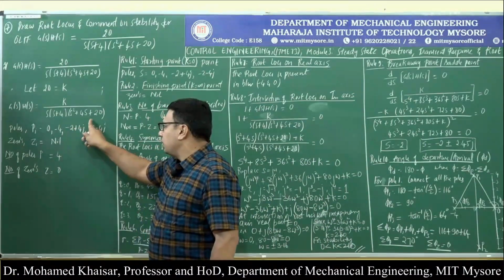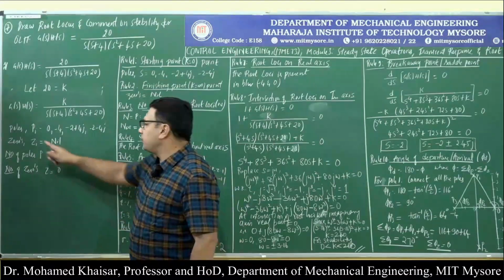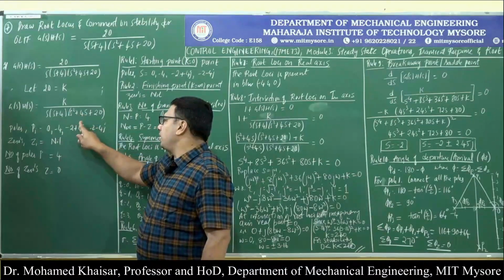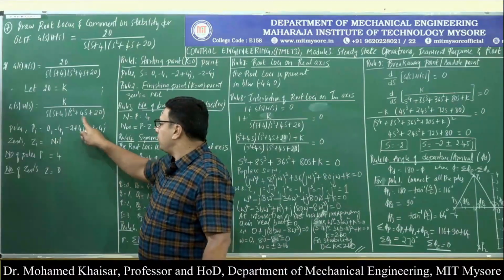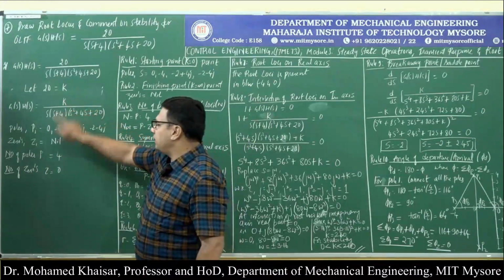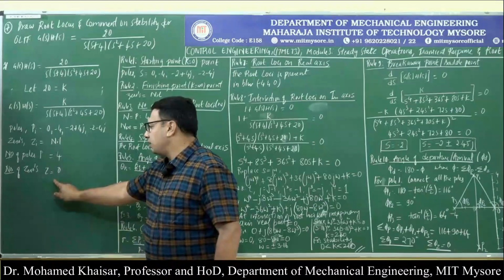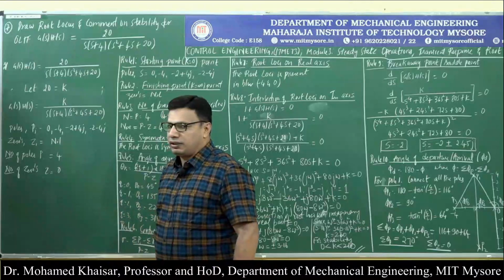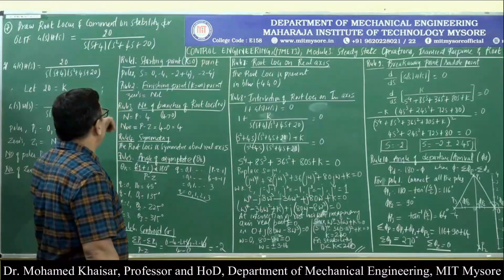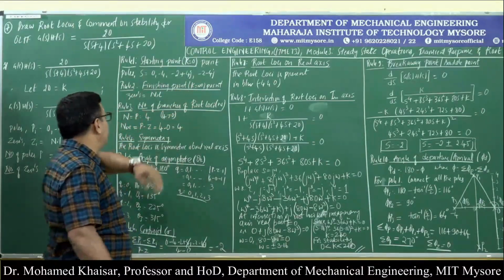The poles, which are nothing but the factors present in the denominator, we find to be 0, minus 4, minus 2 plus 4j, and minus 2 minus 4j. Those two roots also become poles. As we can see, there are no zeros present over here. How many poles are there? 4 poles, and the number of zeros Z is equal to 0. Then, rule number 1, starting points. Obviously, all poles are the starting points, so all poles have been written here.